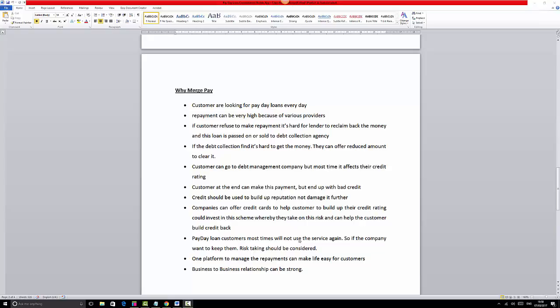On the high street, people are offering you cash for things that you own. People are telling you, okay, you can get £200, £300. They want to offer you loans, but at the end of the day, the repayment is high. The repayment can be very high because various providers are trying to compete with themselves. Some are greedy, some are less greedy, but